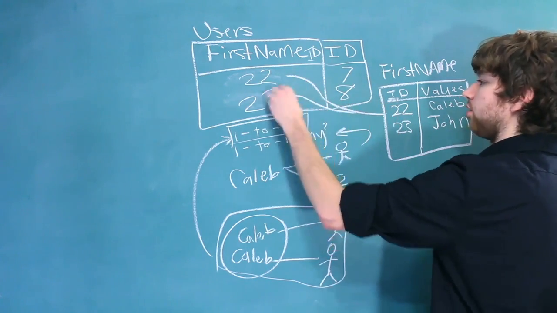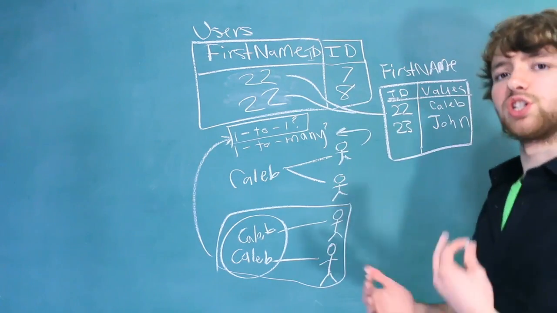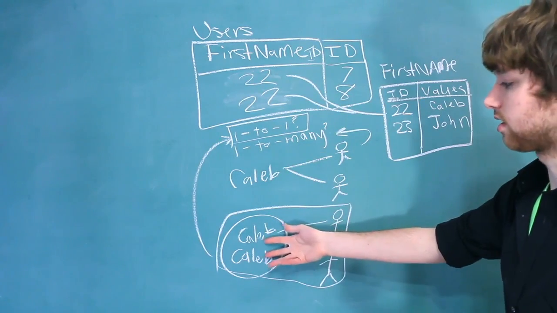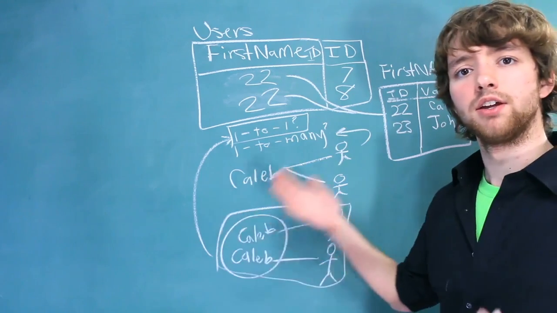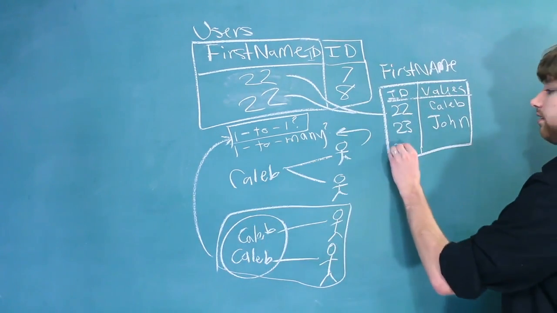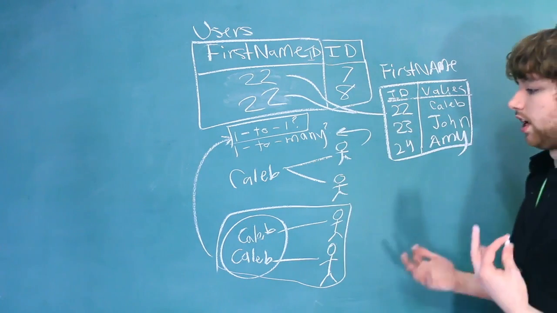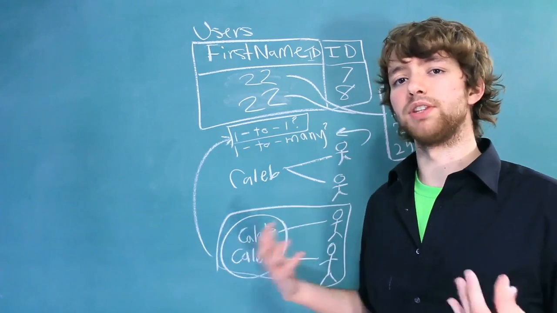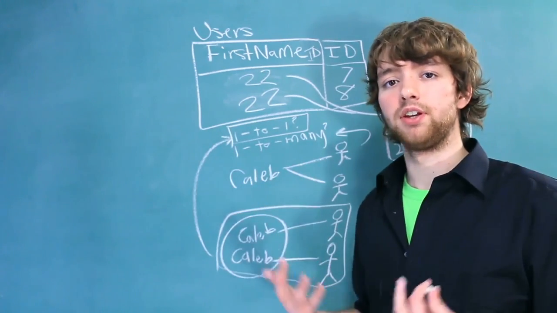Even though it's connected all nice with foreign keys, it's just dumb because we're only going to have such a small minimal amount of repeating data if we have redundant data like this. Because then think about it, if someone comes and joins our app, and let's say their name's Amy, they are going to have to create a new row inside of the first name table because it doesn't exist. And overall, this is just a really dumb design. So if you're looking at it and there's only going to be occasional repeating data by chance, and the column itself is not designed to be like a list of things you can choose from,